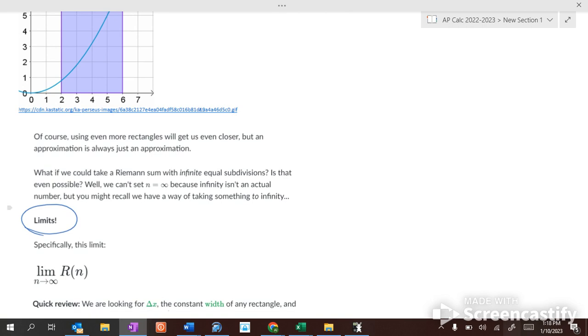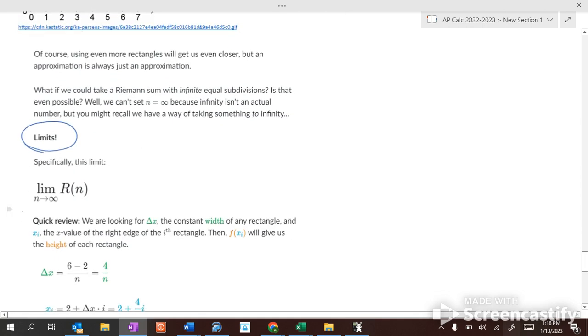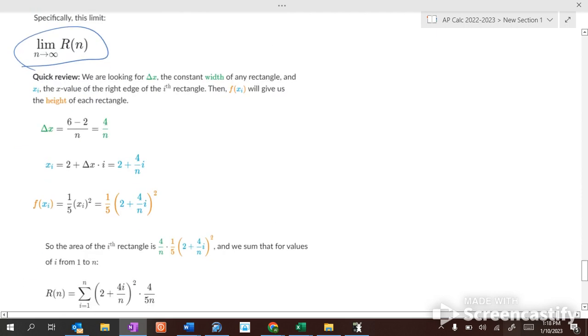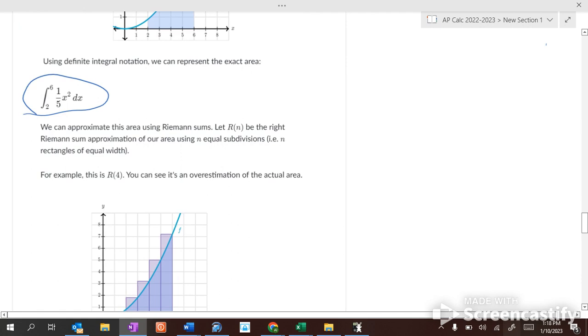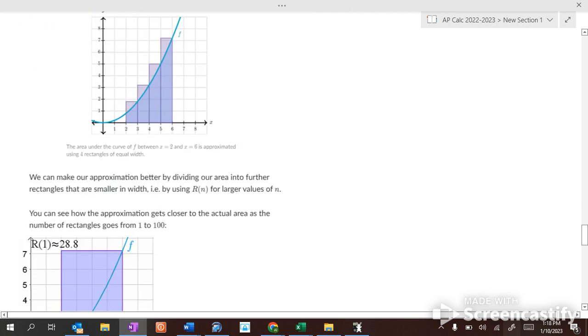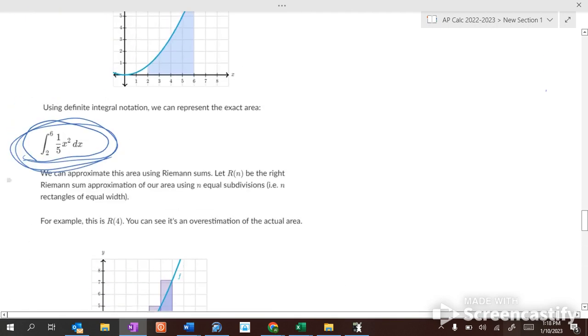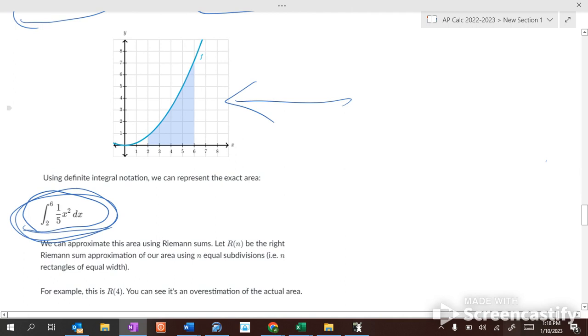Yeah, and the limit of the function will make an integral. And an integral will give us an exact value of this. And that's what we're working towards. But since I've talked way too long, I'm going to